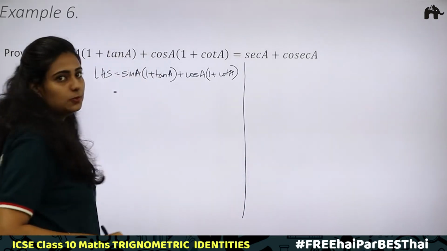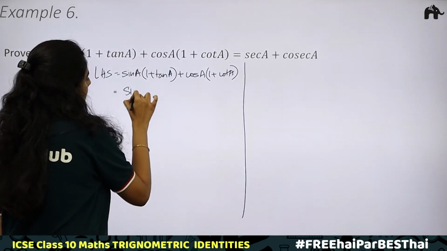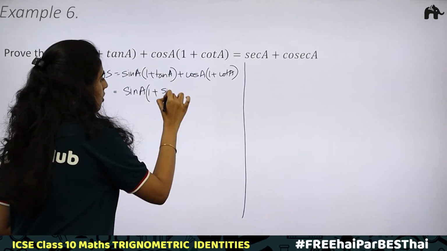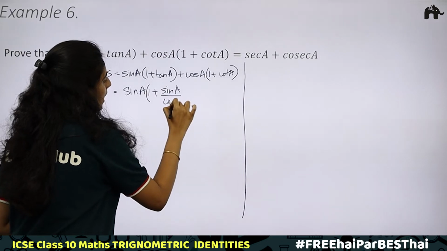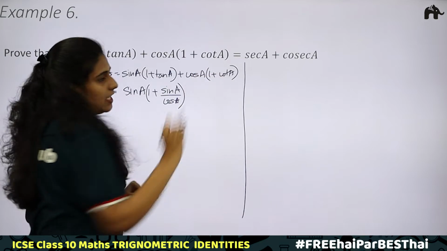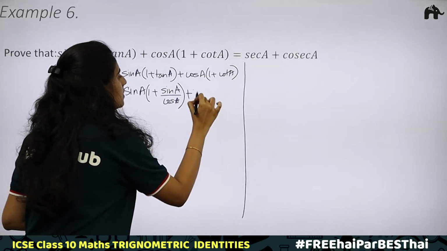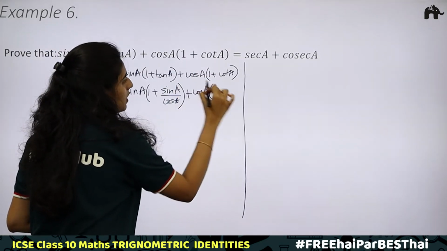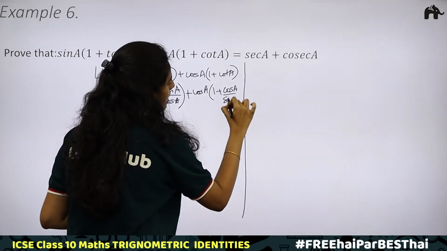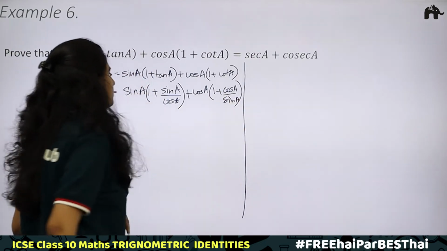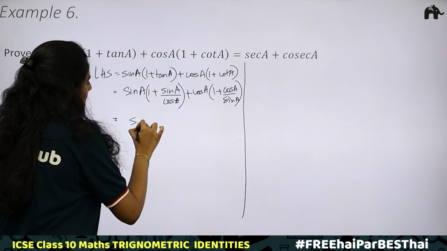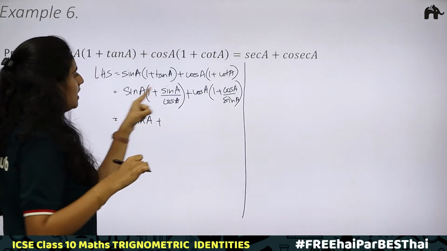That is equal to, here sin A into 1 plus tan A can be written as sin A by cos A. Sin A by cos A. So our aim is to bring this in terms of sec and cosec. Plus cos A into 1 plus cot A can be written as cos A divided by sin A. Okay. Now removing the brackets and multiplying, sin A into 1 is sin A plus sin A into sin A